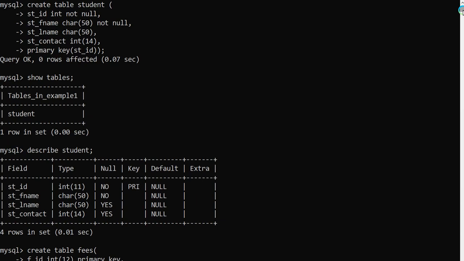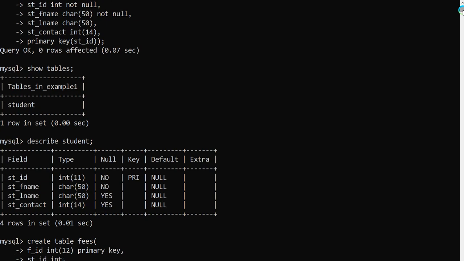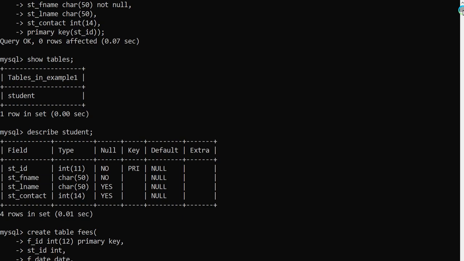To define the foreign key, there are a few rules. The rule is that the column name and the data type will be the same in both tables, in the primary key and also in the foreign key. So in the table fees, we are going to create a foreign key. Look here, in the student table, student id is the primary key. So here we write student id as it is, and the data type is int, comma, then we write the date on which you submitted the fees, fee date, and then the fees amount, which is an integer.